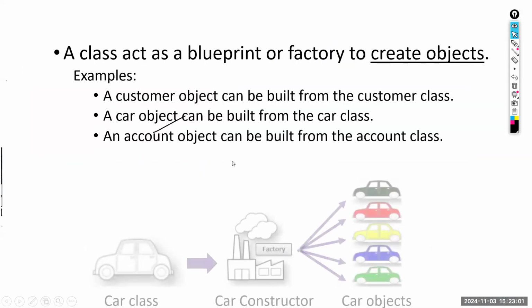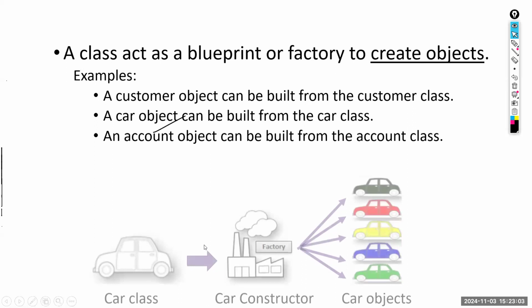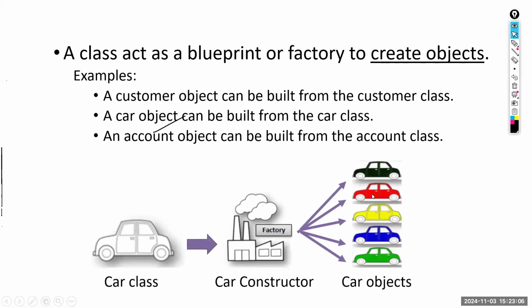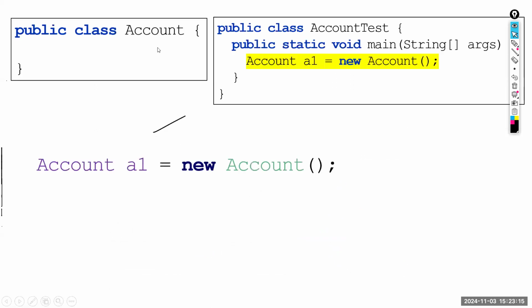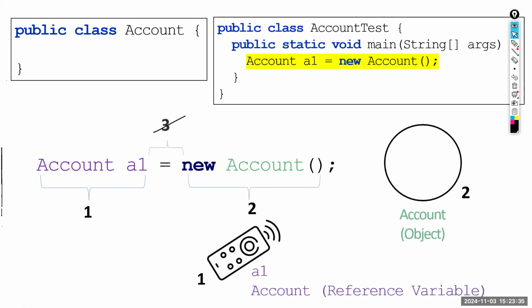Right. So now you must have a better understanding about this. You can see from the car class we can create car objects. So similarly, from the account class we can create account objects using the new keyword. Okay. And this is how you create an object. You can create a number of objects. Okay. So when you refer to A1, you are referring to the A1 related memory locations. When you say A2, you are referring to a different account object.